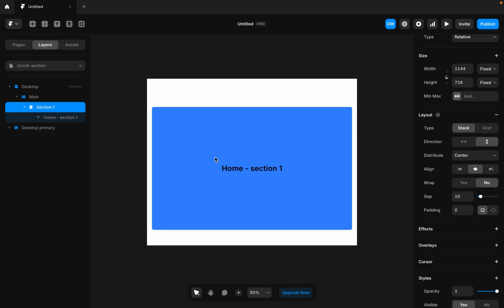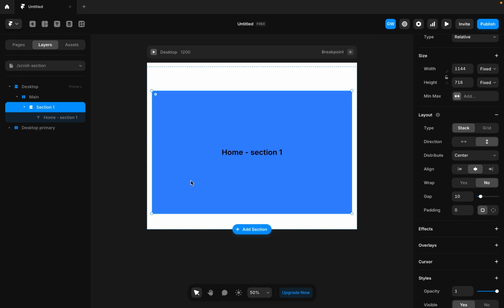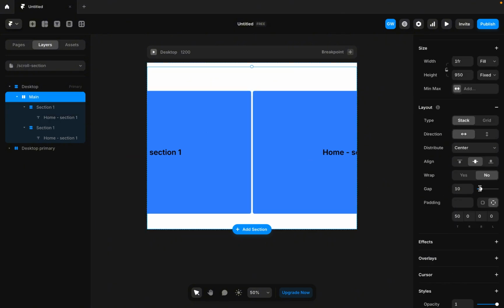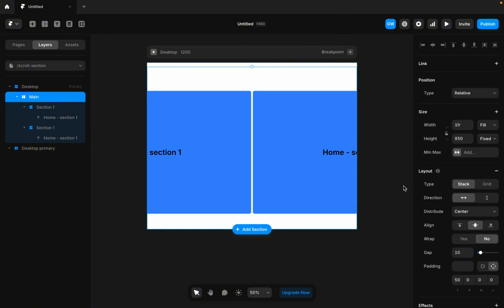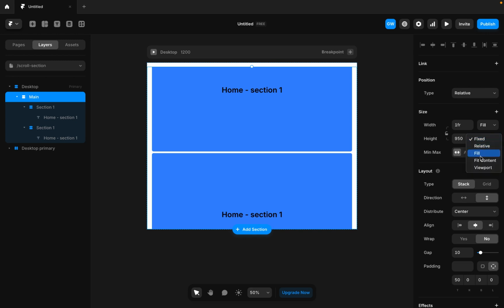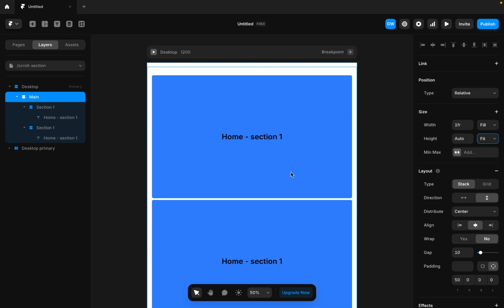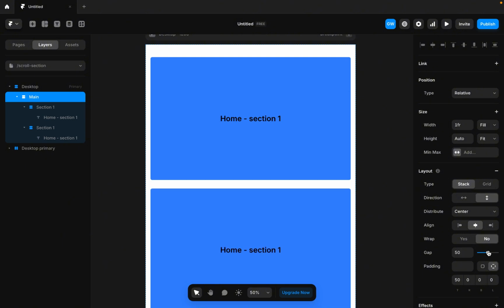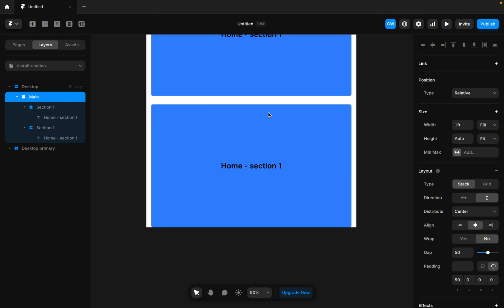Right, this is good. So we are going to duplicate this, and we're going to set our main direction to vertical. We're going to set it to fit content. We're going to give it a gap of 50. 50 is good. Okay, so this will be the about,